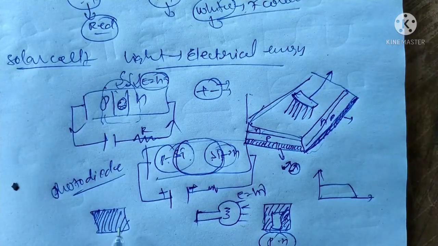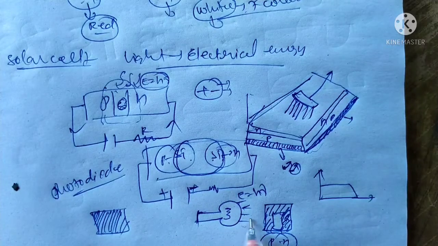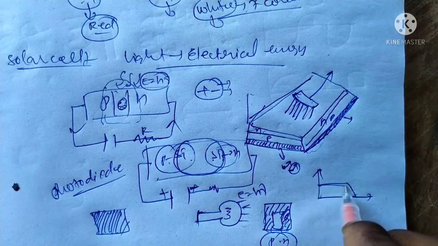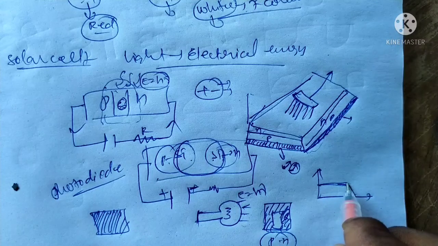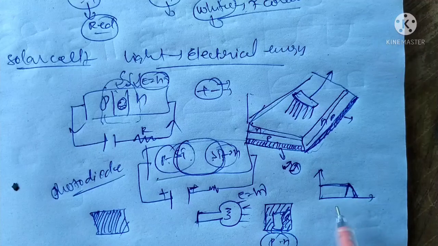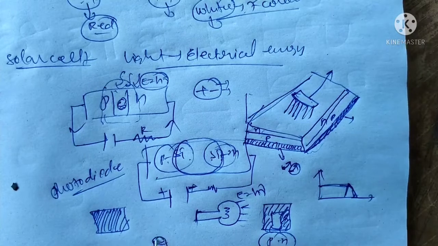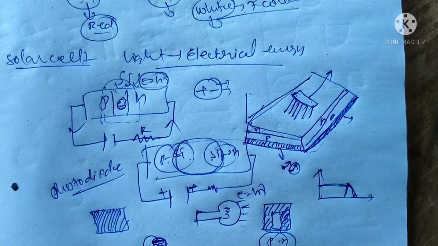Nowadays solar cells are very advantageous in electrical applications. When sunlight falls on a solar cell, you can observe the energy up to a certain voltage. After that certain voltage, it decreases. It is like a glass: you can fill the glass up to the surface, and after filling, the water falls down.